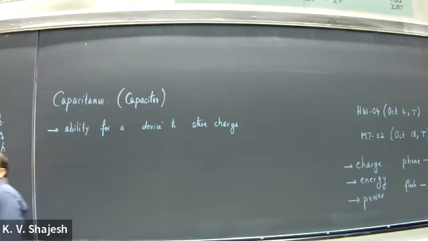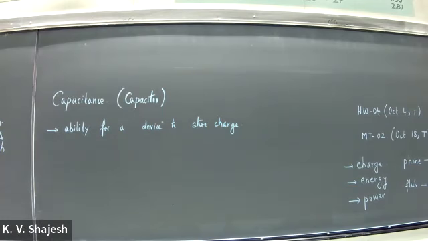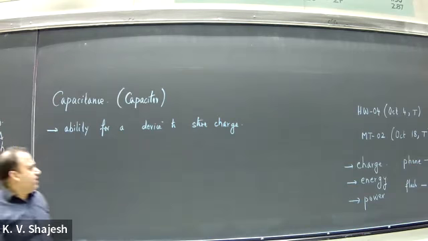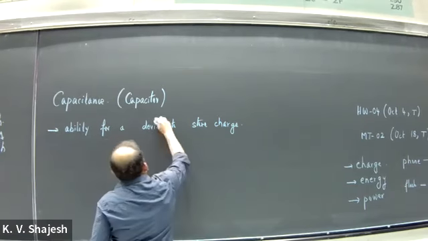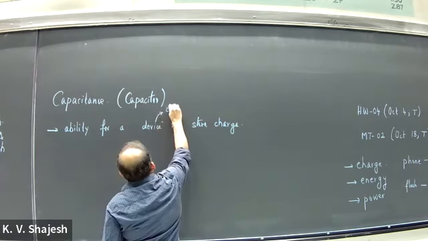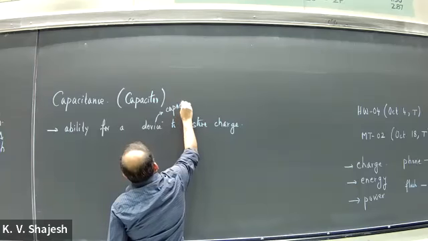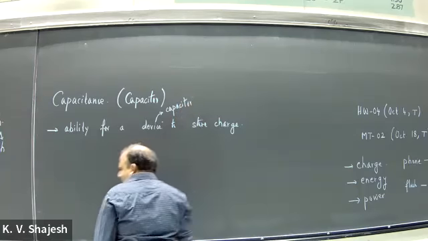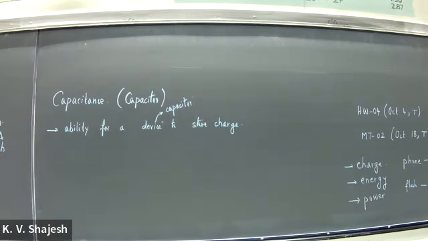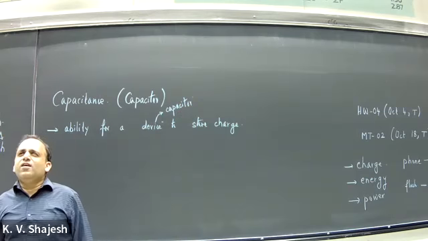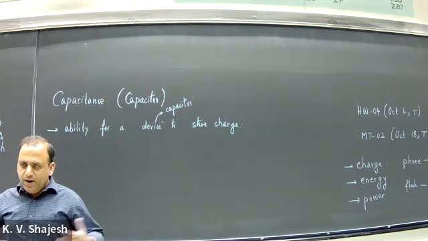And more, if it can store more charge, then you say that its capacitance is larger. If it can store less charge, then you say its capacitance is smaller. And the device itself is a capacitor. The device will be called a capacitor. Another point I should bring up here is that most of what we are doing here is about building devices,